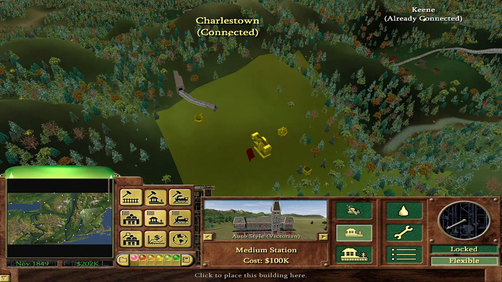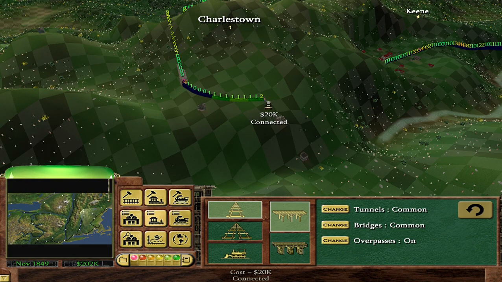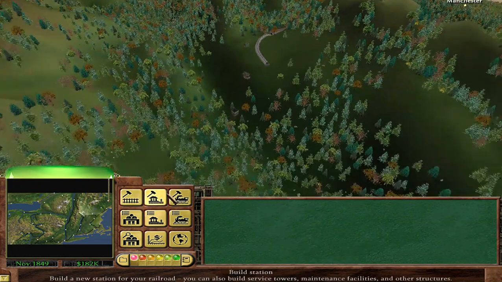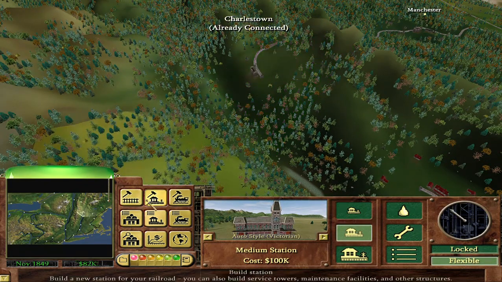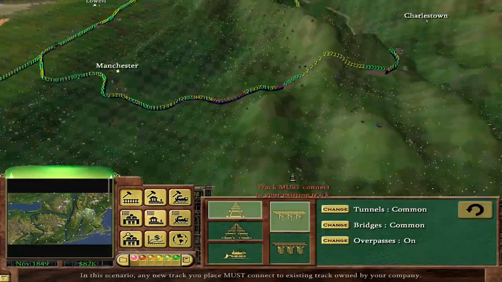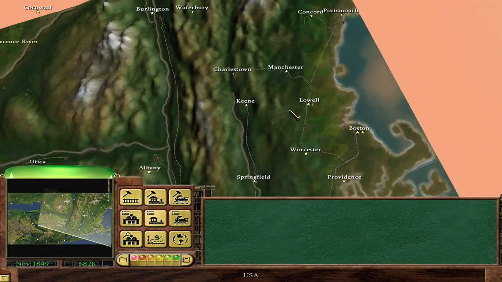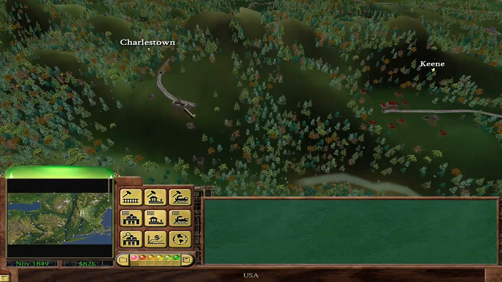Oh, hang on. Why does it not let me build a station? Ah, probably need a bit more track. No, I don't have enough for a large station. But I think I can get away with a medium. I think that covers the entire city, or town. Yeah. Okay, that's probably about as good as it's going to get. It's just unfortunate that connecting Charlestown to Keene is not really...